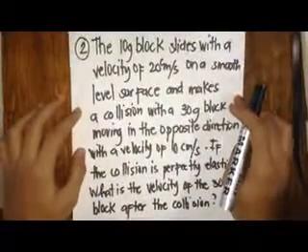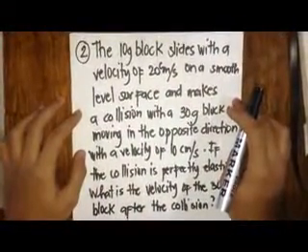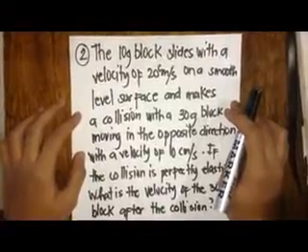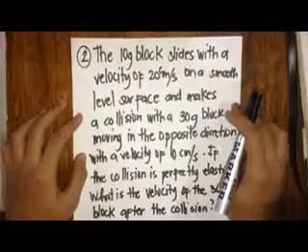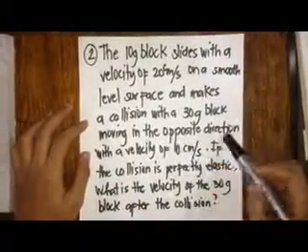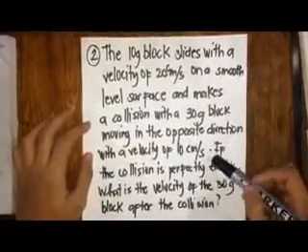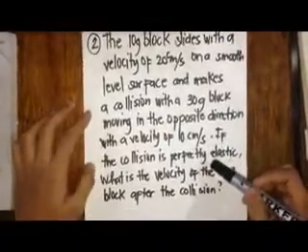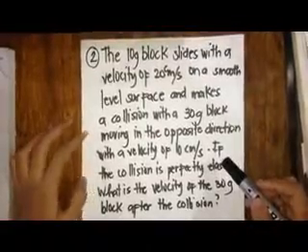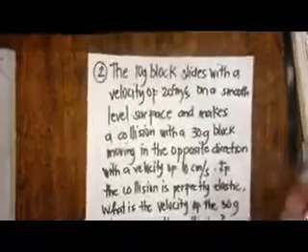Number 2: the 10-gram block slides with a velocity of 20 centimeters per second on a smooth level surface and collides with a 30-gram block moving in the opposite direction with a velocity of 10 centimeters per second. If the collision is perfectly elastic, what is the velocity of the 30-gram block after the collision? So, in solving the problem,